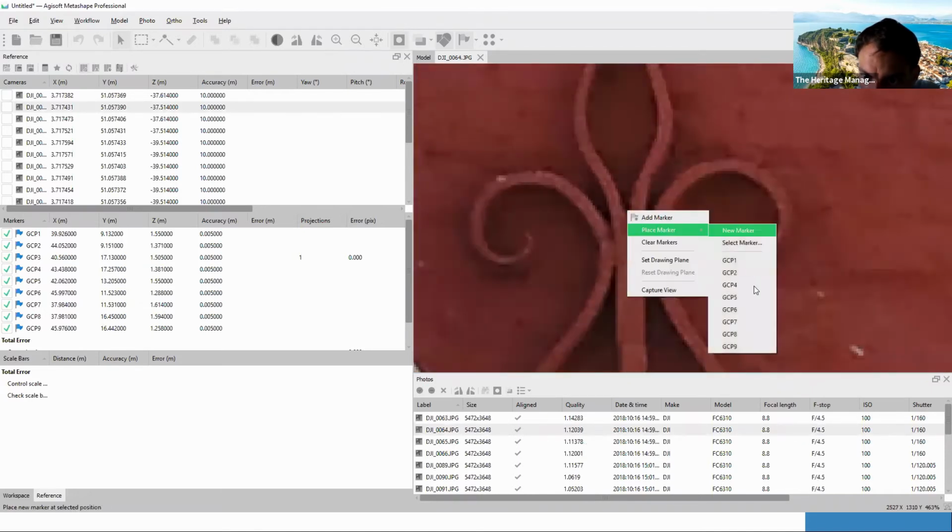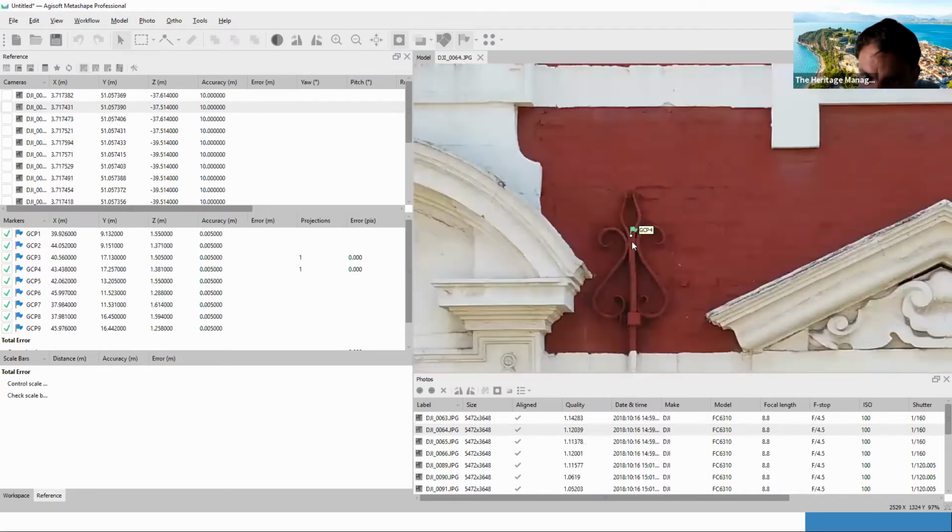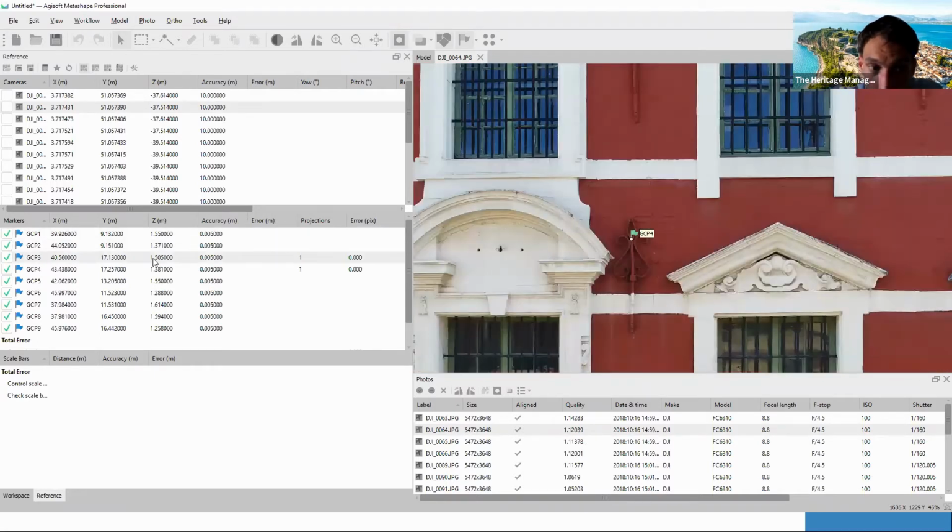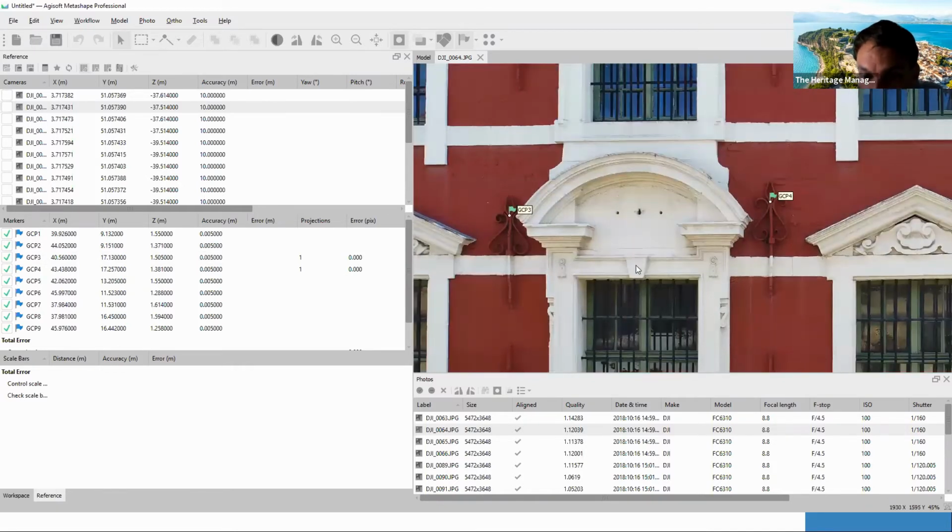Right click, place marker, GCP4. Now you see that I have assigned GCP3 and GCP4 to one photo. They both appear in one photo. So here the value changed from nothing to 1. And since I only have 2 points on 2 photos, it is impossible to calculate an error because I don't